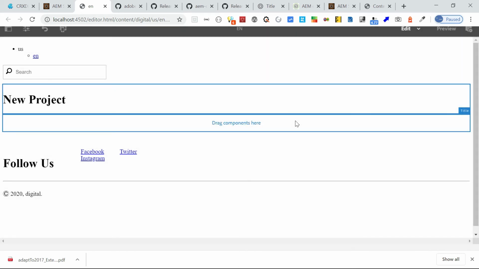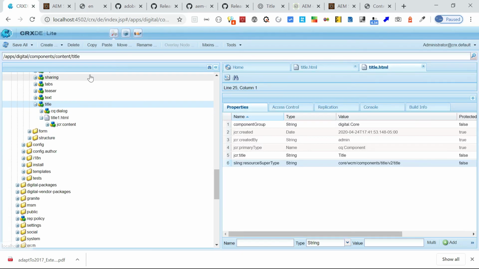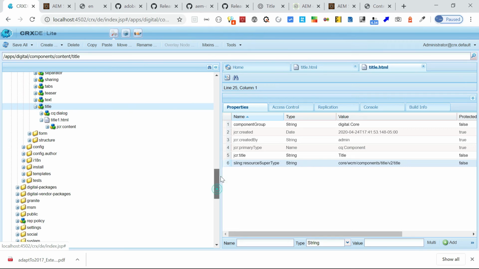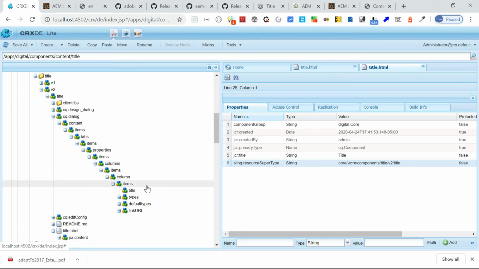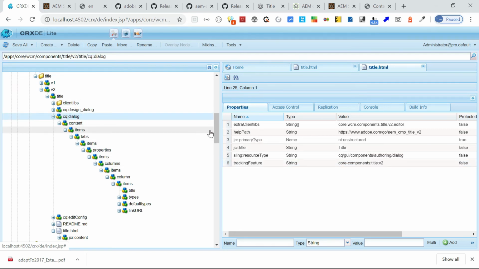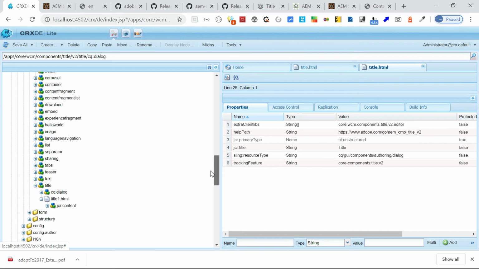Now let's talk about the extension. First, I want to extend or add some additional field to the dialog. So I am extending the CQ dialog. I copied the CQ dialog from the v2 version of the title component, then deleted whatever is not required.